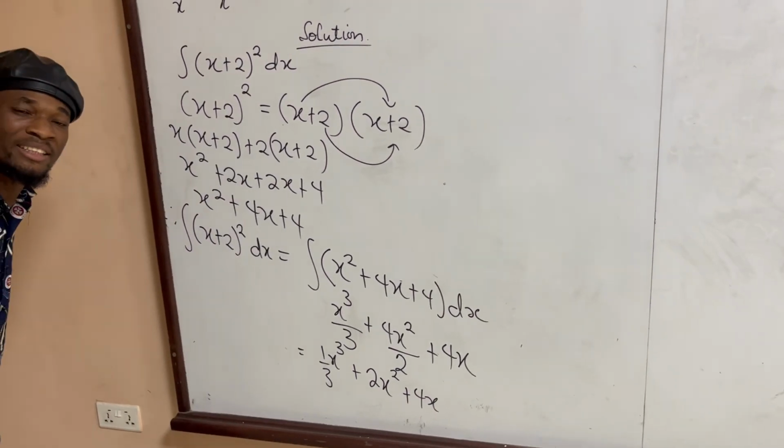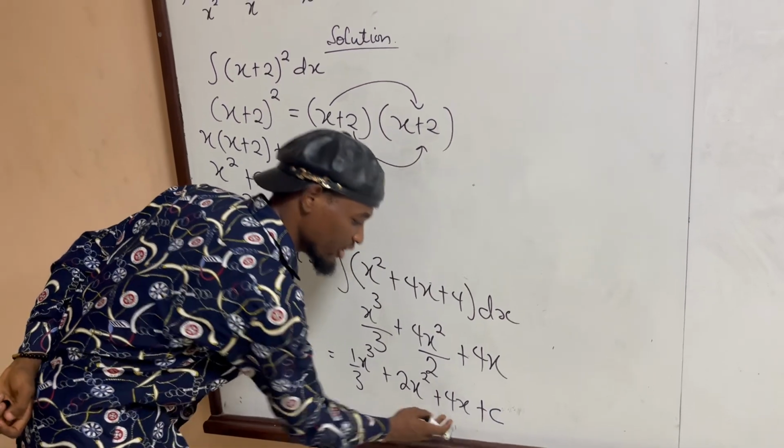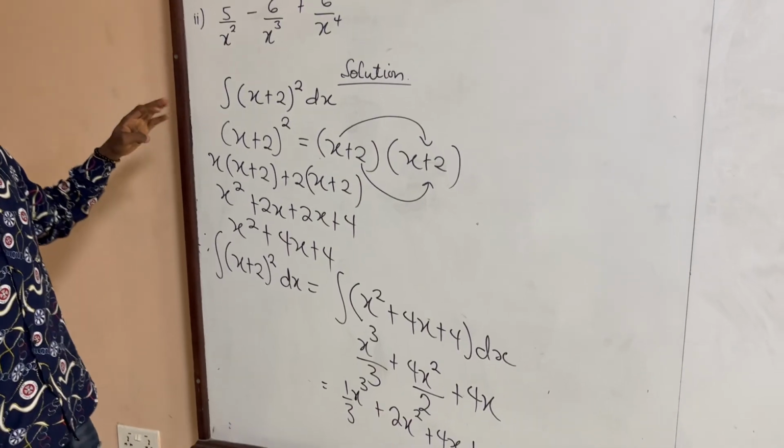Because this is indefinite integration, you add the constant of integration. As simple as that. This is the first question. The second question reads,